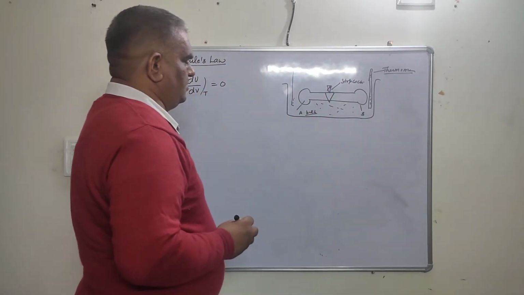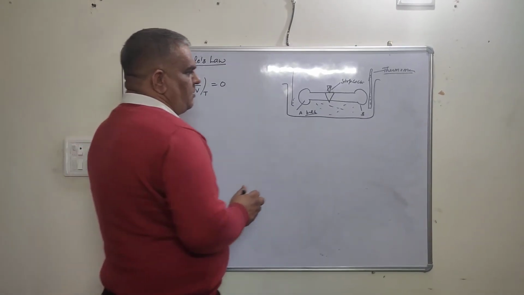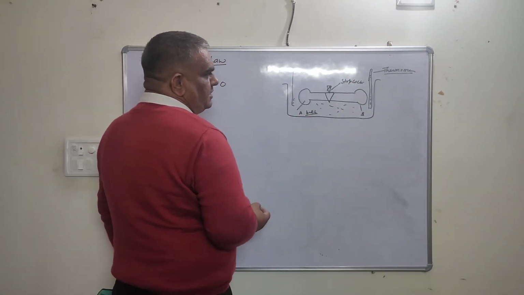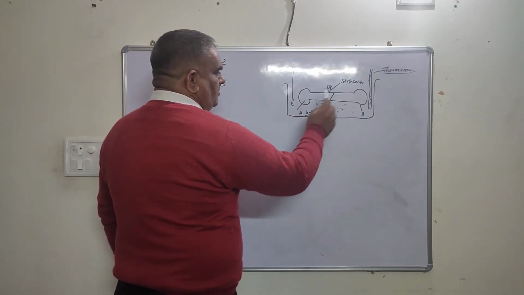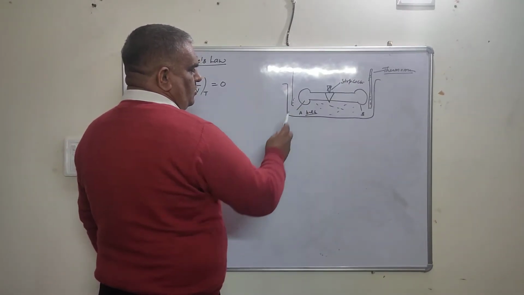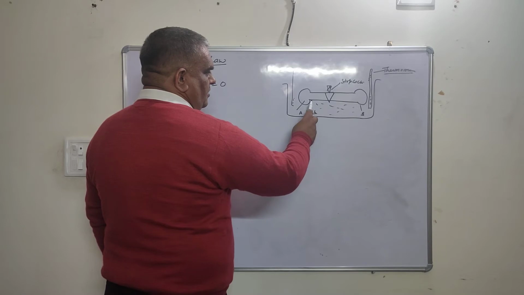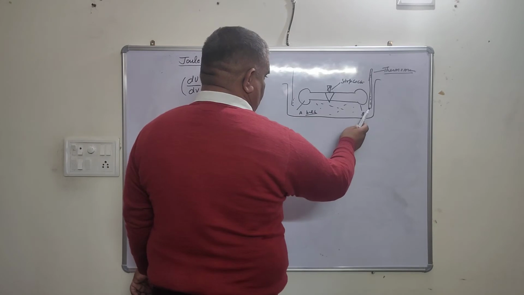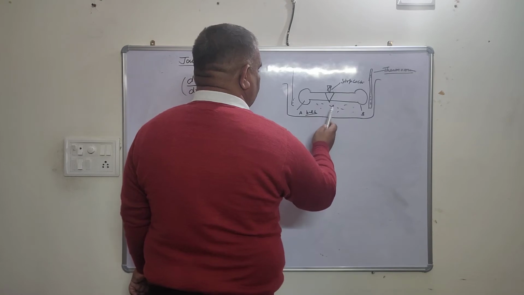In bulb A, a gas is filled at a certain pressure and bulb B is evacuated, and the two bulbs A and B are connected through the stopcock, and the entire system is in thermal equilibrium. When the stopcock is opened, the gas expands, and the system is again in thermal equilibrium, and the temperature of the water is recorded, and it is found that the temperature of water is the same as that before we carried out the experiment.